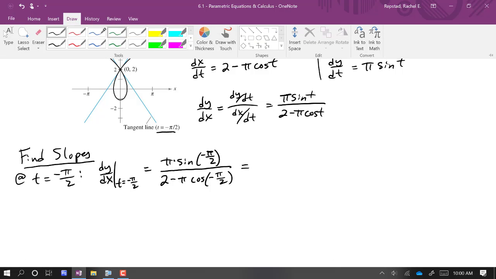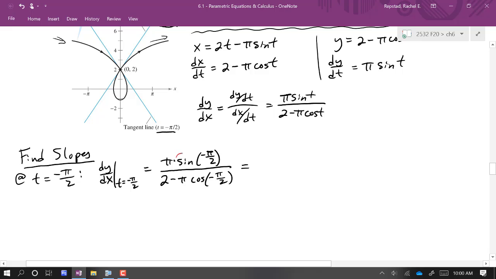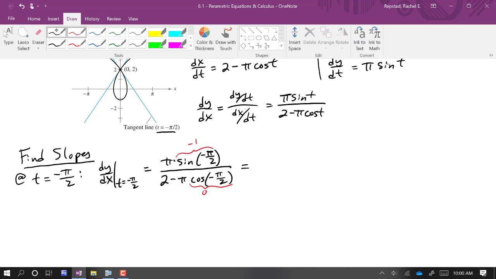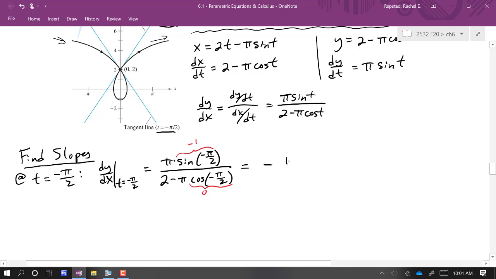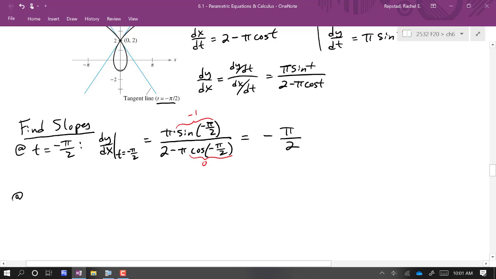Sine of minus pi over 2, that's the bottom of the circle, and so this is -1. Cosine at the bottom of the circle is 0. So up top I have a minus pi. On the bottom I have 2. So minus pi over 2 is that slope, and now at positive pi over 2,